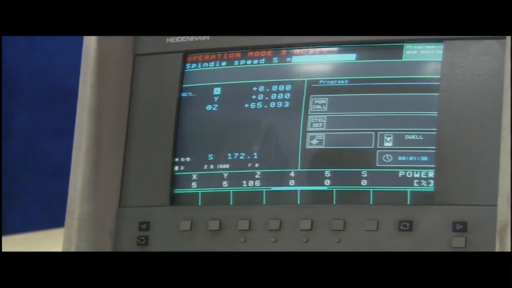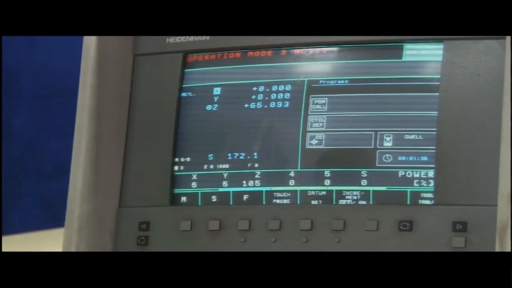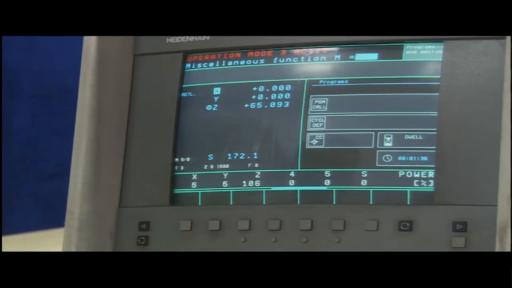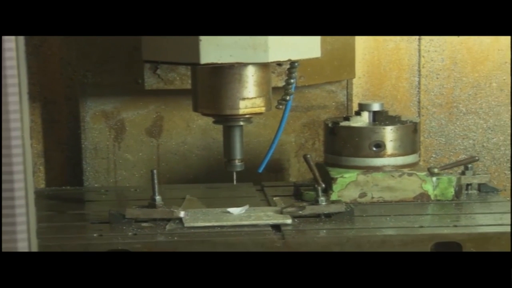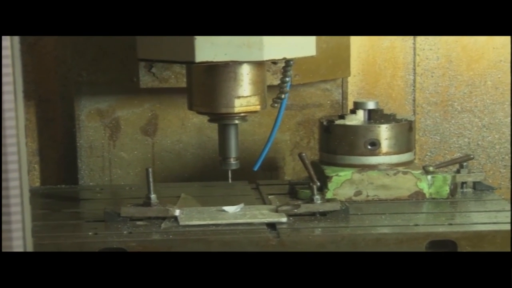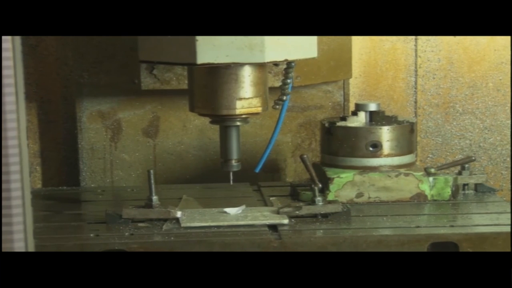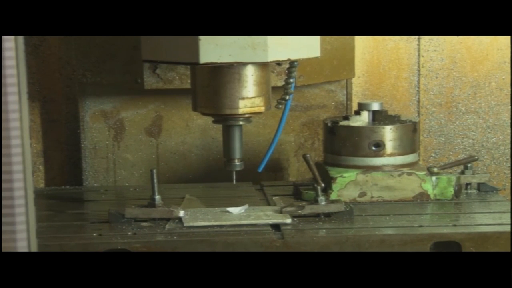S is for spindle speed. If I say spindle speed, I can put some value, say 1500 RPM, and M03. If I run that, the tool has been given clockwise rotation at that RPM.